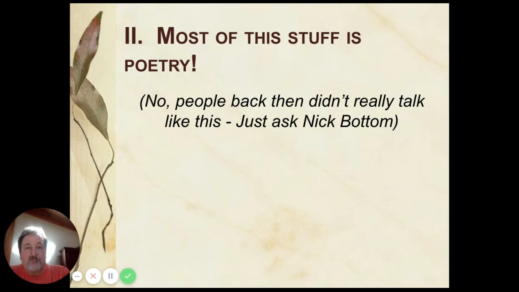All right, so here's the next point. When you're reading these plays, it is not how people actually talked. These things are written in poetry, most of them. So when you're reading it, you have to keep that in mind. A lot of people think this is actually how people talked in Elizabethan England. That would be like you thinking that we talk the way a birthday card reads. We don't speak like they speak in Hallmark. That's poetry. It's bad poetry, but it's poetry. So keep that in mind.